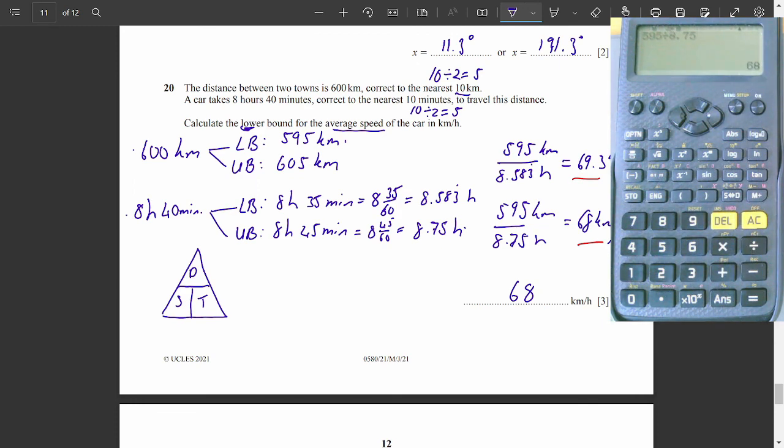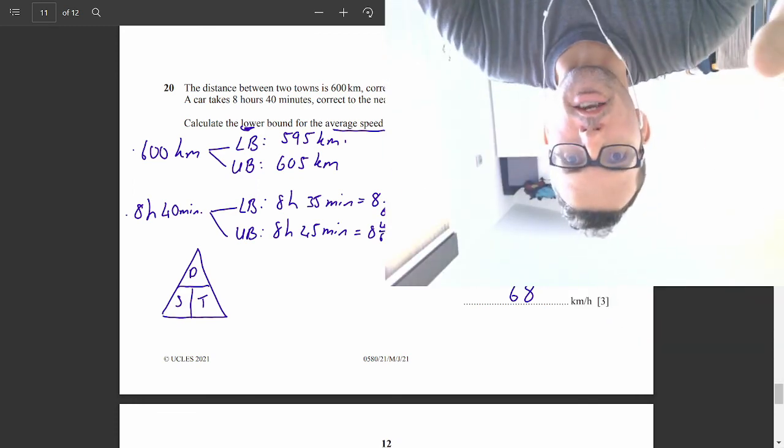And you've done it. Well done. And yes, I know I'm upside down,